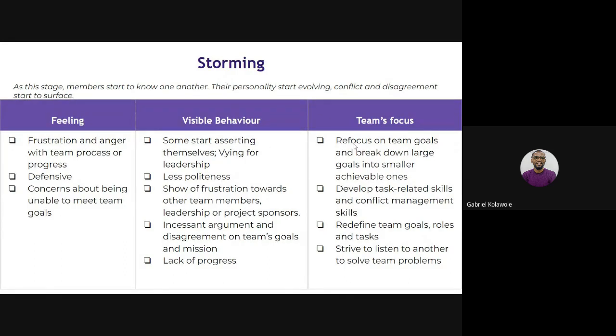So what should the team focus on? The team should refocus on the team goals. Bring people back. Yes, you are stepping out of your zone, but this is not personal. You are not here to fight anybody. I'm not here to fight Somi. Whatever Somi and I are trying to thrash out is not about Somi. It is about the work. Focus on what we want to deliver. If both of us have disagreement on certain things that we are to deliver, I'm not picking on you. Don't pick on anybody. It is the work. Get clarity. Let us spell everything out, and agree.